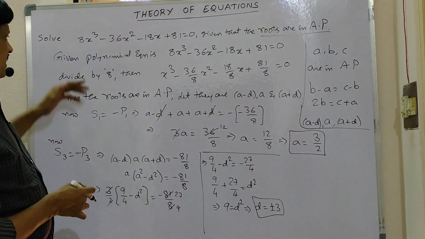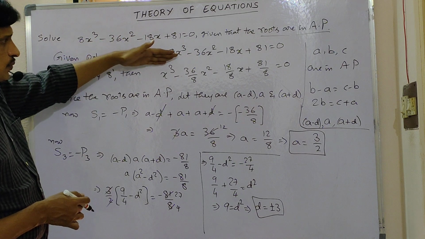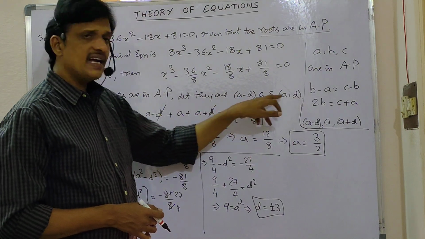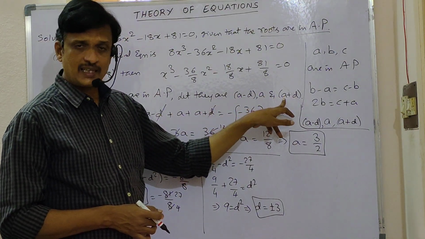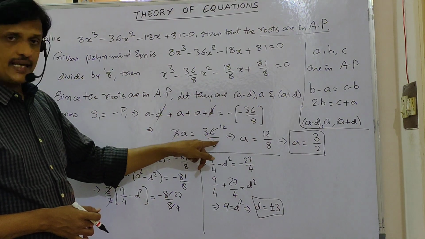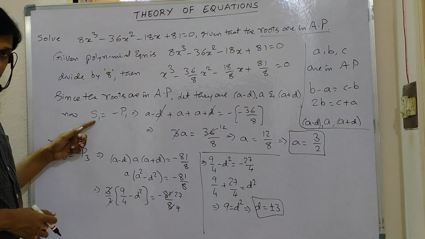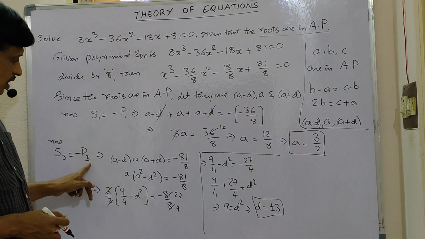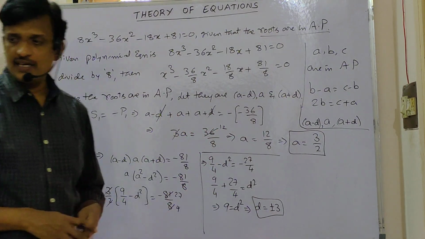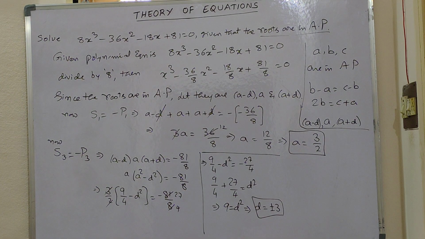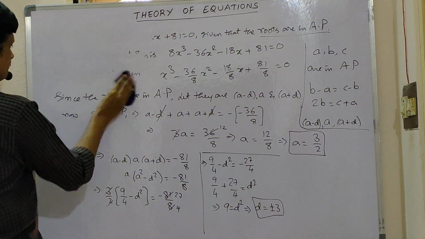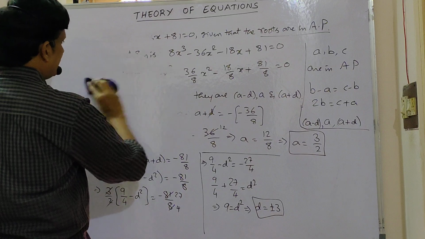So here just observe the given one. A cubic polynomial has 3 roots which are in arithmetic progression. So let the 3 roots be A minus D, A and A plus D. These are the 3 roots because they are in arithmetic progression. Write S1, D minus D gets cancelled. You will get this A value. After getting A, one of the 3 roots, write S3 is equal to minus P3. If you substitute that A value here, that simplification gives the required D. Now, we can write the roots because with these A and D values, those roots we can write now. Here I am writing the roots.